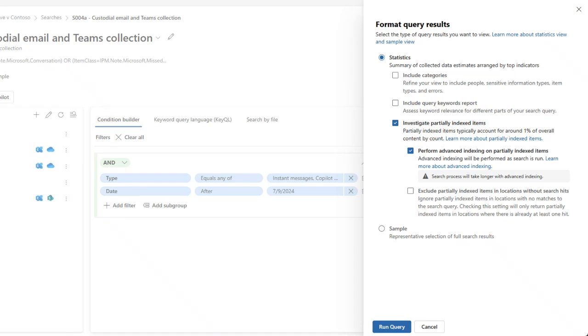But there's a bit of an issue with that. It's not easy to search on your freshest index. What I mean by that is, let's say that I'm about to go home for the day. And before I go home, I add 20 custodians to my case. And while I'm making my trip home, we run that advanced indexing job, and it finishes. And the next day, I get into the office, and I want to run my search. But now my advanced indexing job is, what, 12 hours out of date, which is a lot when you're dealing with live data. So if I want to run my search on the freshest index,